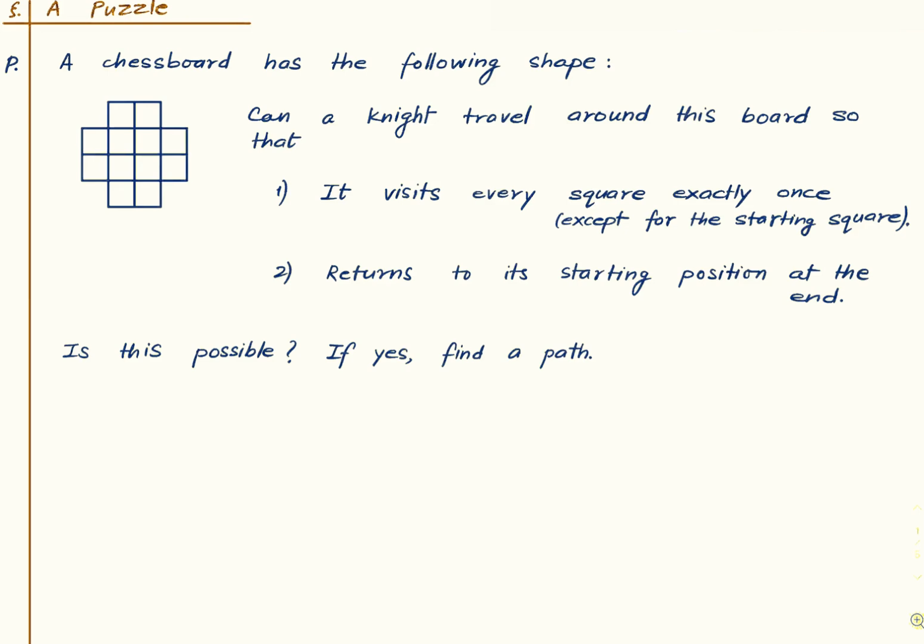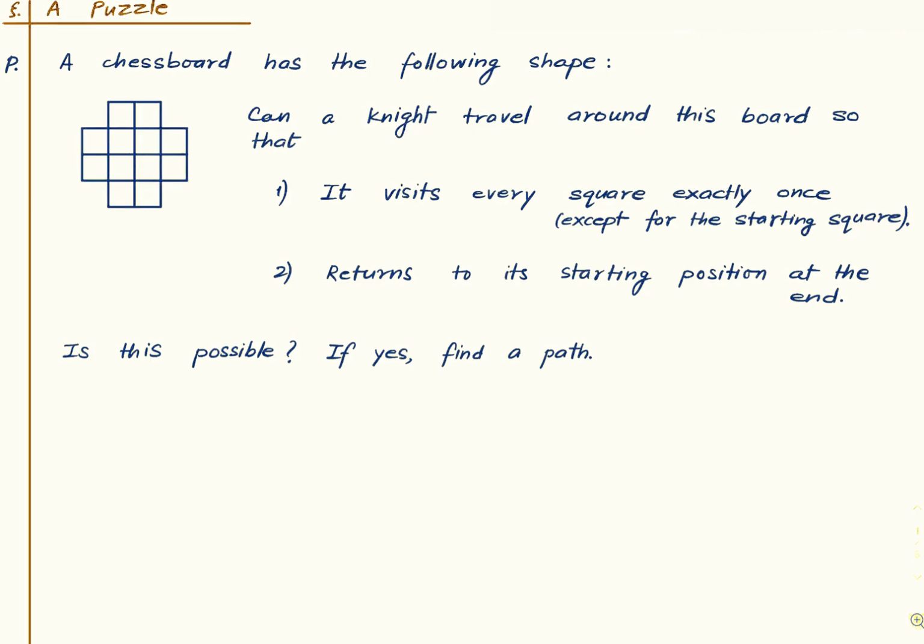So this lecture is about motivating the notion of a graph, and that will be done by means of a puzzle. So here is the puzzle. We have a chessboard. Well, it doesn't really look like a chessboard. It has a weird shape, but that's okay. And you have a knight, which one asks to travel